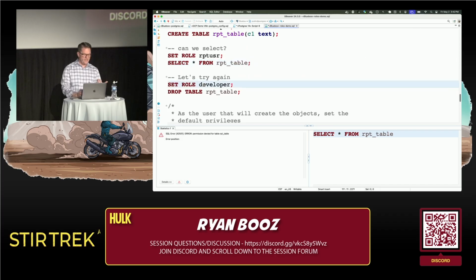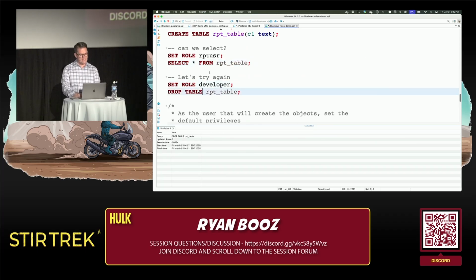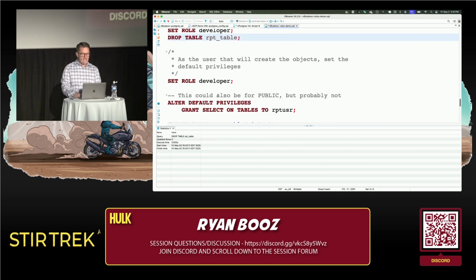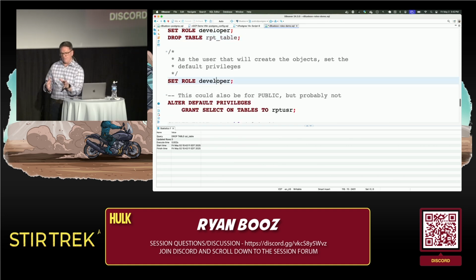And so this is where these default privileges come around. So I'm going to go back to developer. I'm going to delete that table to show you this. And so now, as the role, and this is where you go back to those slides, I'm encouraging you to look at how you want to manage your objects and think about the role, or maybe one or two roles, although that could already start to get complicated, that are going to own the objects.